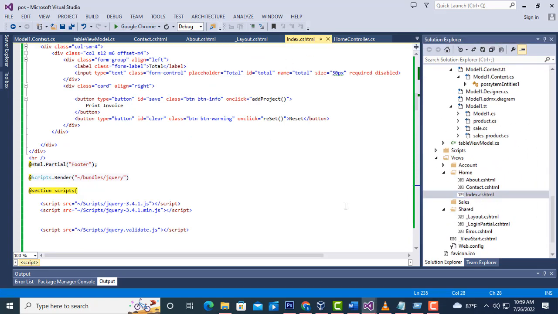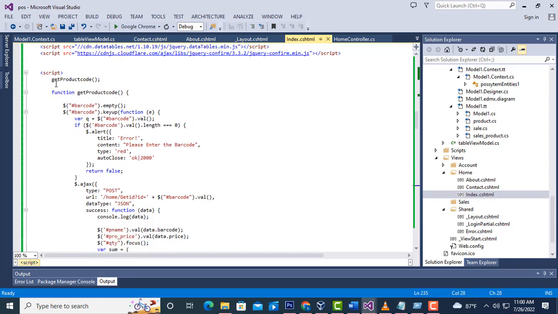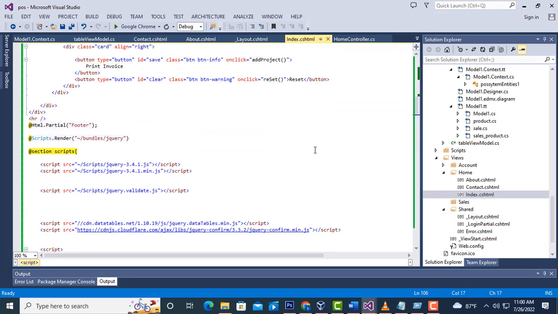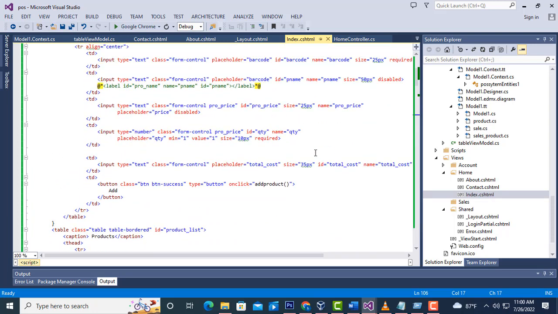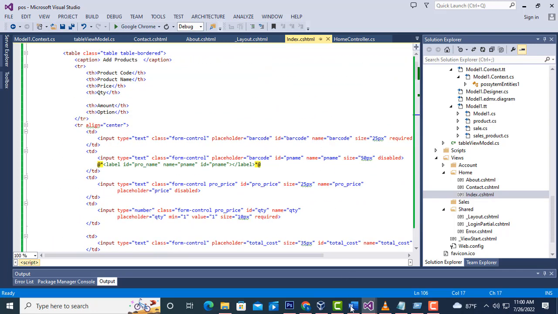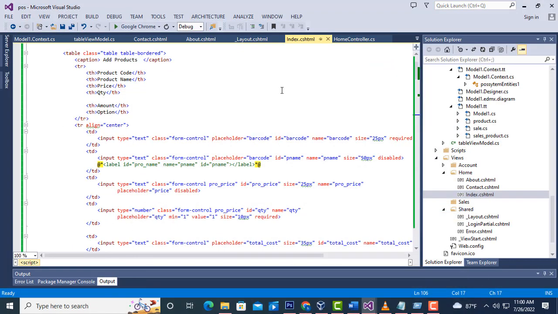Here, this one is the index of the HTML. First we have to get the product code. Here is a function: when you type the product code in this product code text field,